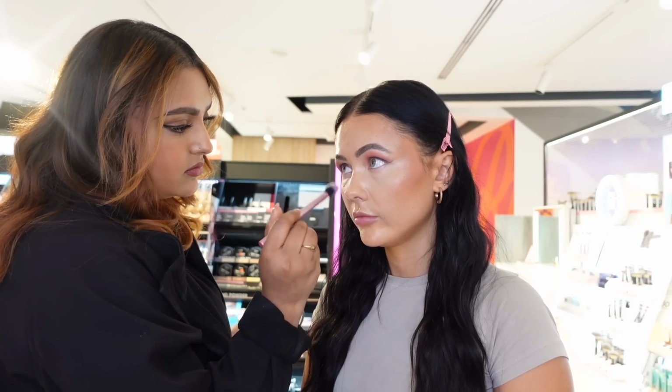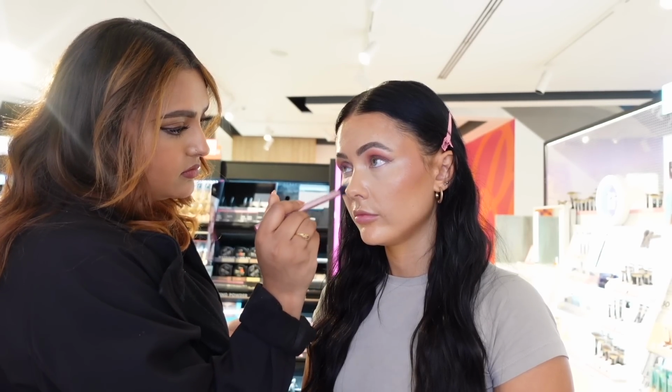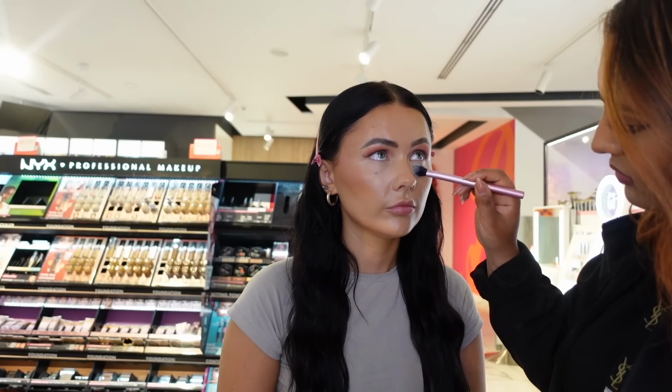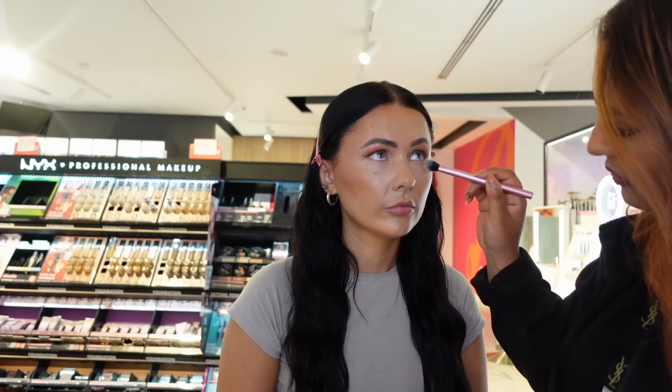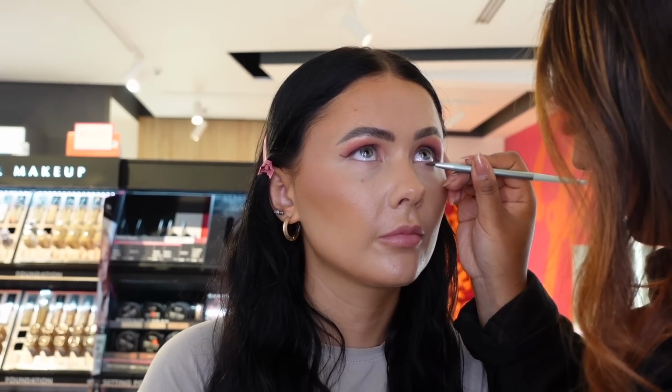I actually haven't really explored IT Cosmetics too much, and this day was such an eye-opener to how incredible their base products actually are. In the past, I tried a foundation from them called Your Skin But Better, and honestly that was such a gorgeous radiant foundation, and it kind of reminds me of the new Mario one that's on the market right now, although I haven't tried the Mario one, but the actual consistency and the look of it really does remind me of the IT one. Okay, yeah, so she just did that powder all over the face, like in my laugh lines, forehead, that kind of thing,